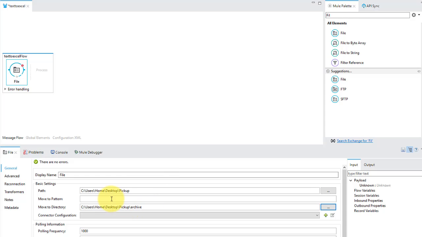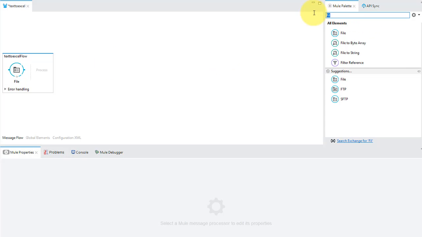Now, just in case it's unknown, if you don't actually provide a pattern, it'll just use the default file name. That's something a lot of people think they need to then do with the inbound properties. If you leave the pattern blank, it will use the original file name. So once we've selected that, and I'm not going to worry about my name regex,